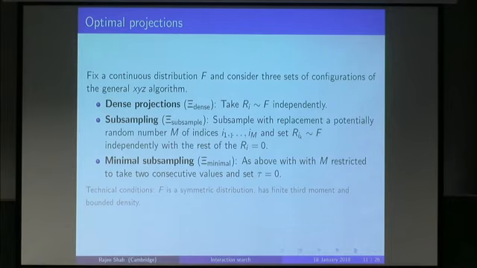So this class of algorithms is saying, let's sample m indices, where this m could be a random number, and just consider setting those corresponding entries of R to be non-zero, set everything else to 0, and the ones that we've selected from this subsample, we set to be IID with this distribution F. Okay. So that's obviously a very large class of algorithms,